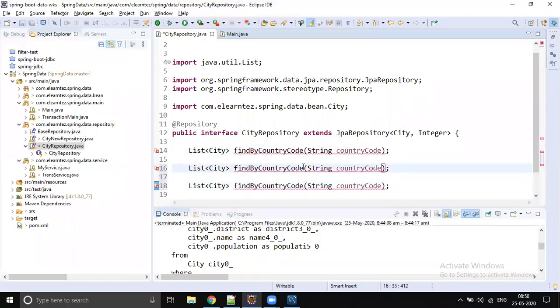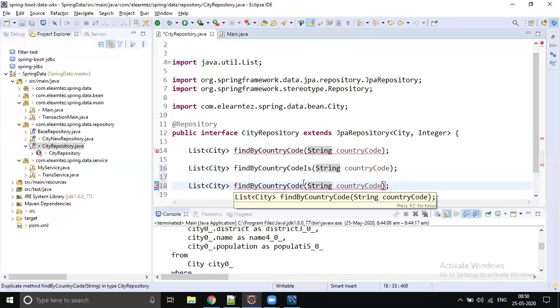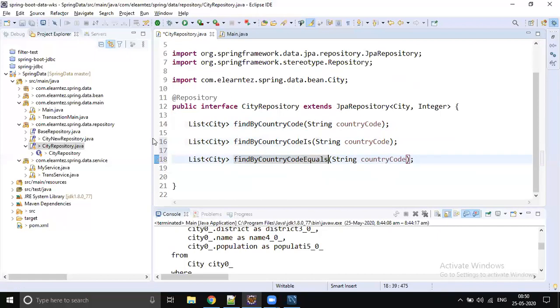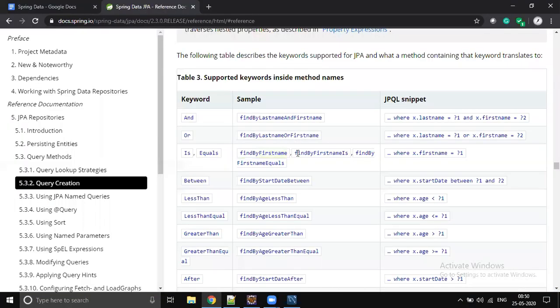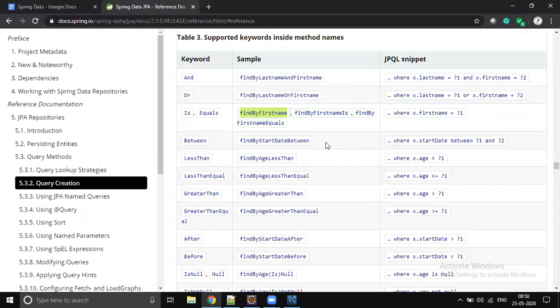Is and Equals are all going to check the equal condition only, so better to follow the first approach. In the documentation you see all three are there. Don't get confused, all are the same. It's better to use the first one; they will check the equal operator.